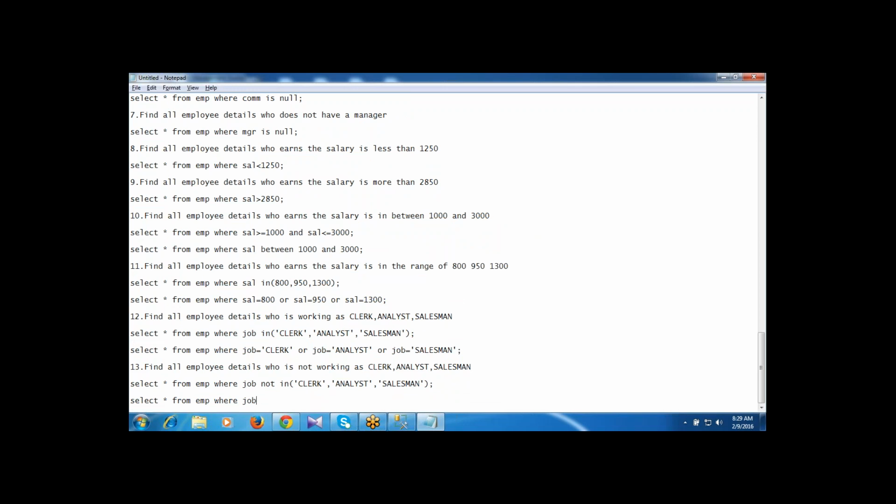Select star from EMP where job not equal to clerk and job not equal to analyst and job not equal to salesman.